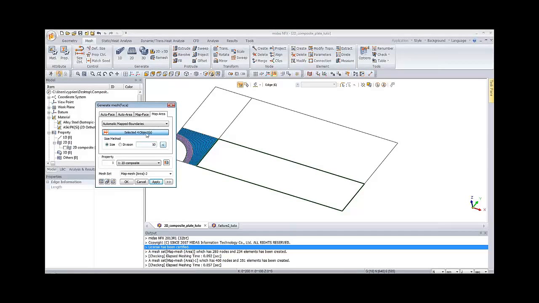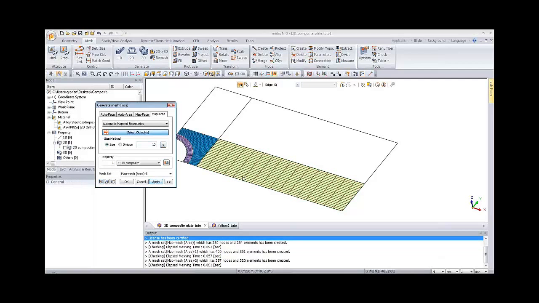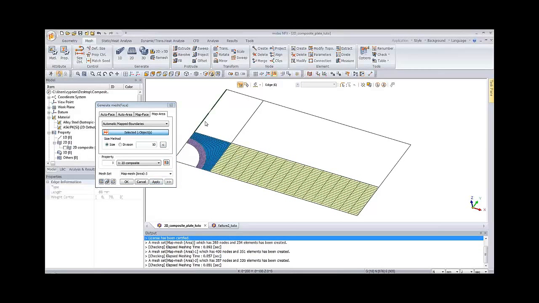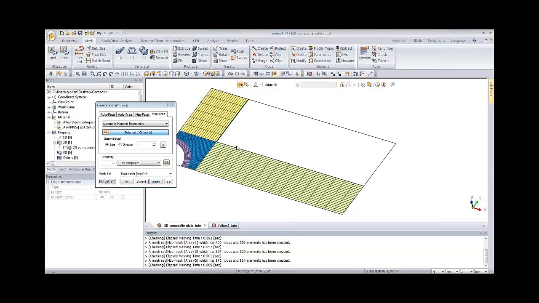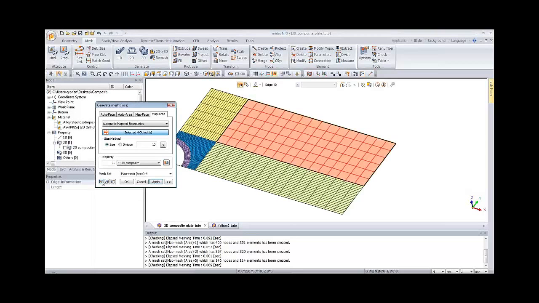And do the same for this side. Apply. And finally this side. Okay, so now I have 1/4 of my plate which is meshed.